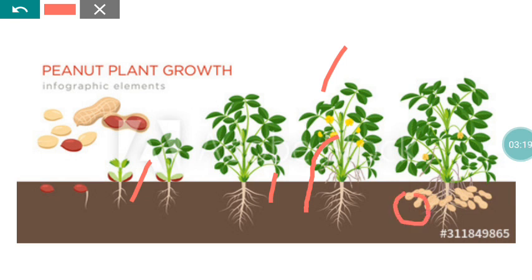For easy penetration of the peg into the soil, loosening of the soil is very important. So during the flowering stage, we have to loosen the soil, and the loosened soil should be applied on either side of the plant. That is the earthing up operation, which is very important. Soil loosening followed by placing of the soil in and around the plant. This will help the pod to penetrate very easily, and the pod will also develop in a very good manner.